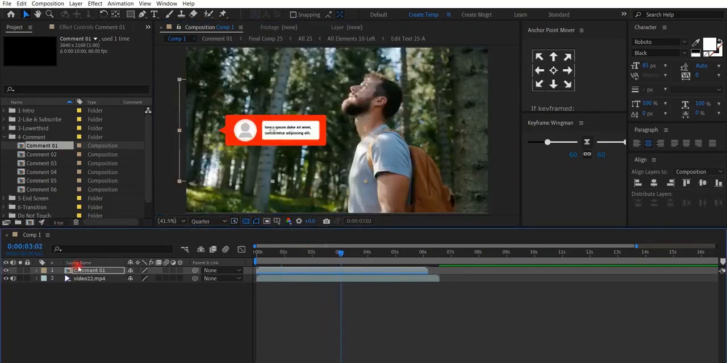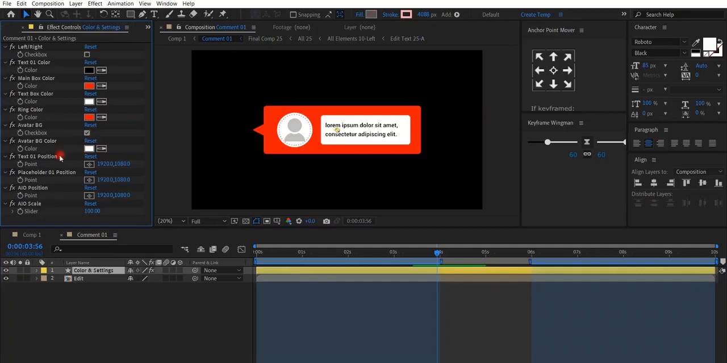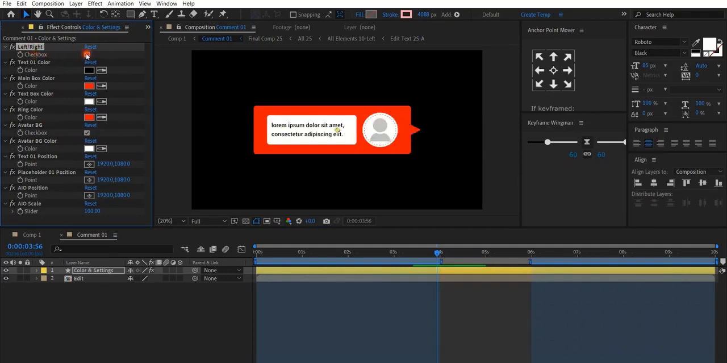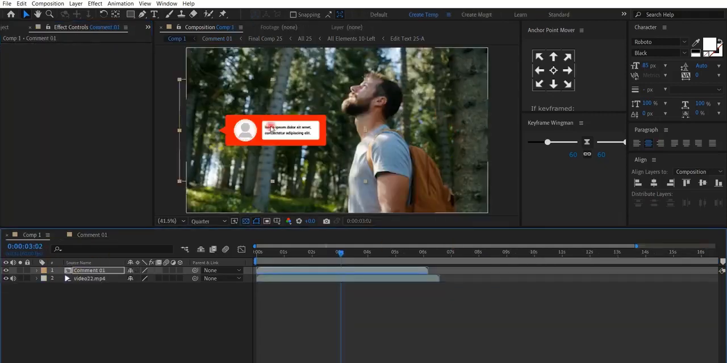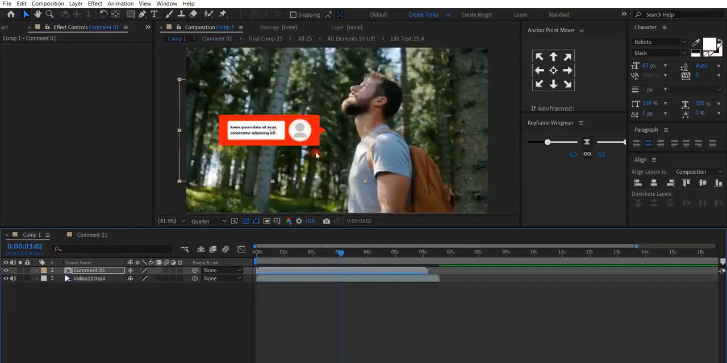Open this. Here you have color and settings. See, you can change the direction, left to right or right to left. For example, or for in our situation, we need the right to left one. Yeah, it's better. And